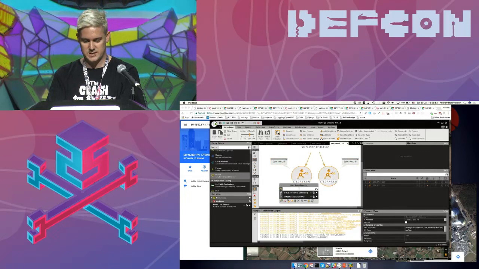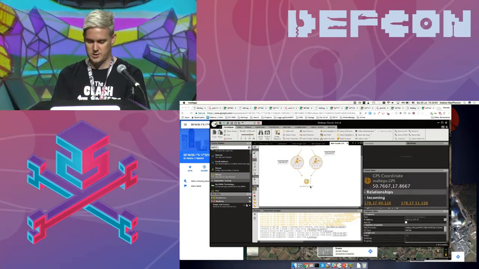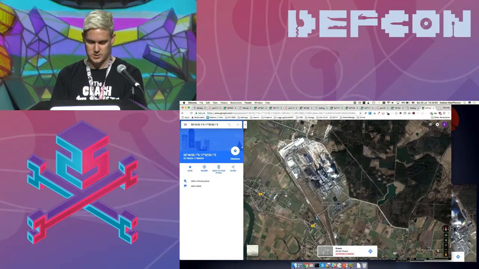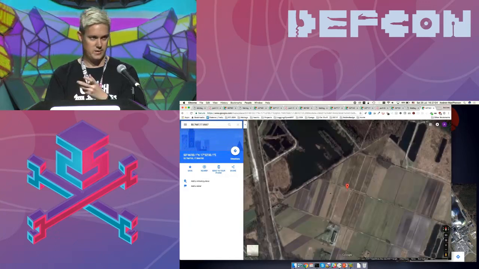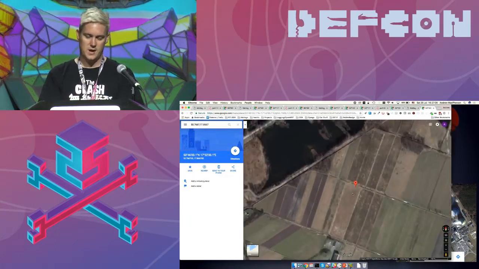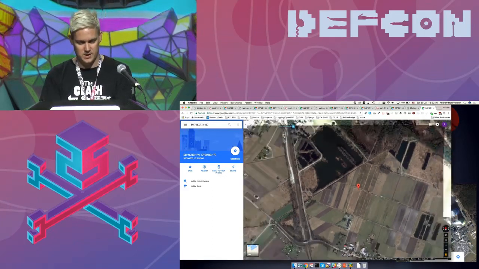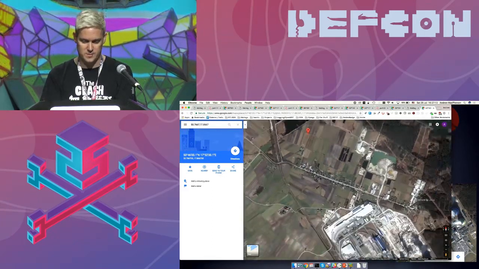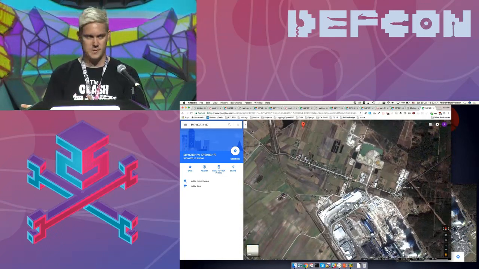So I could take these and say, okay, show me the properties of them. So I can pull out that GPS. You see they're both at the same place. And if I look at those particular ones, you'll see that it says these ICS devices are located in this cool field. This field doesn't run a lot of power systems, so it's unlikely that it's going to be in here, but it is close enough to the power station that I'm looking at that I can argue, okay, that's probably going to be my targets.